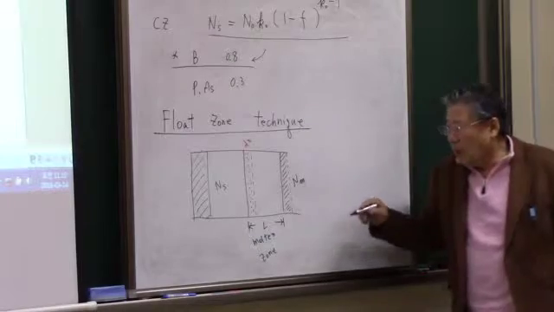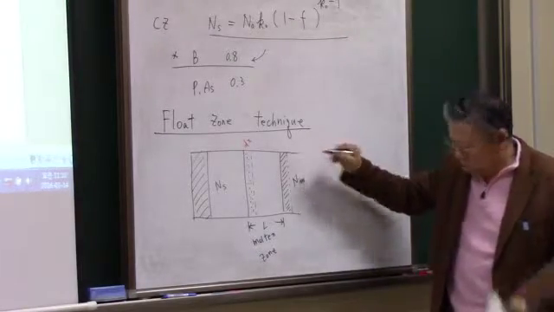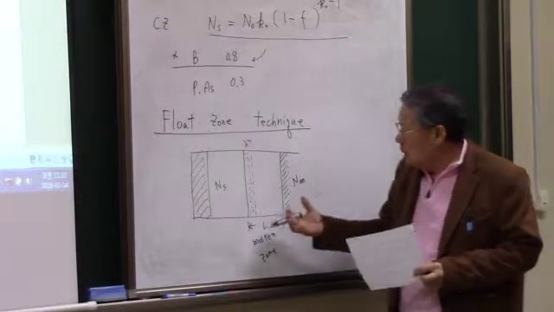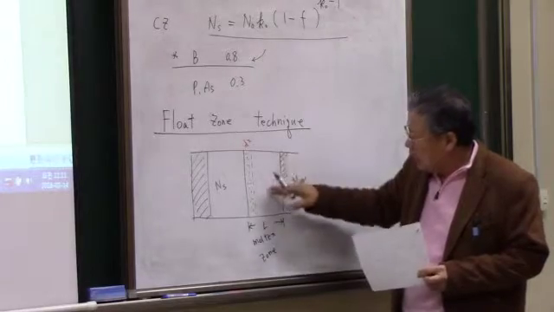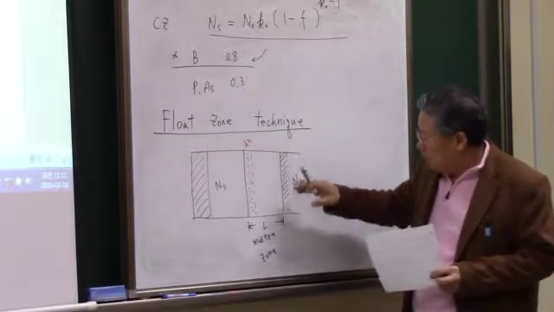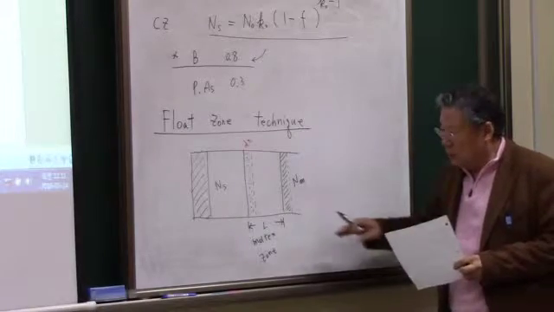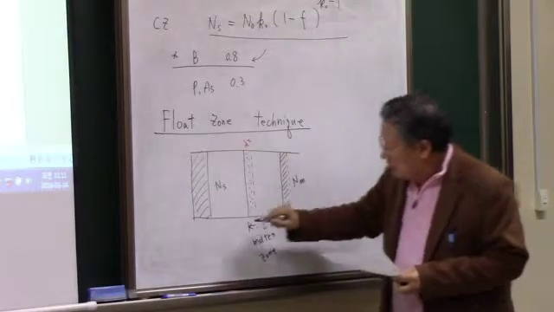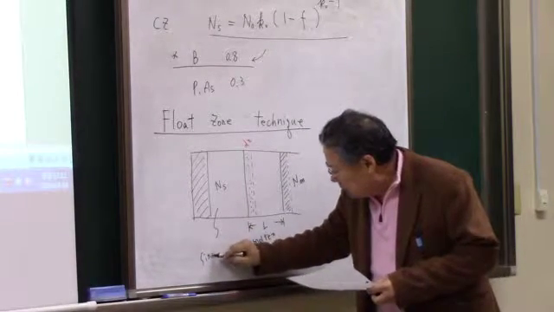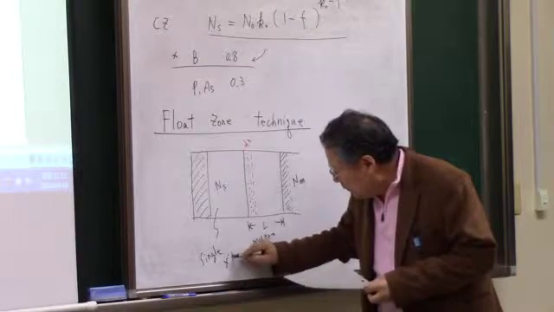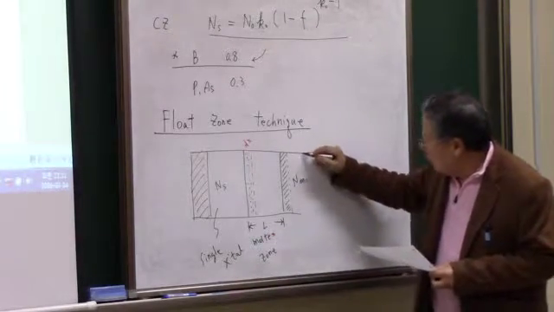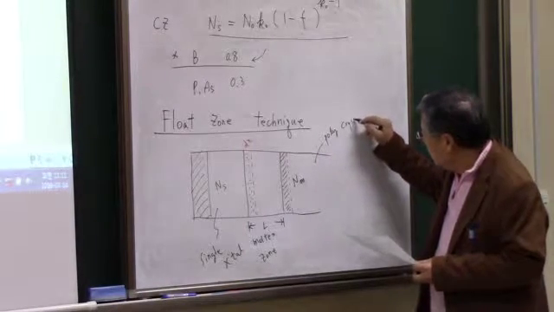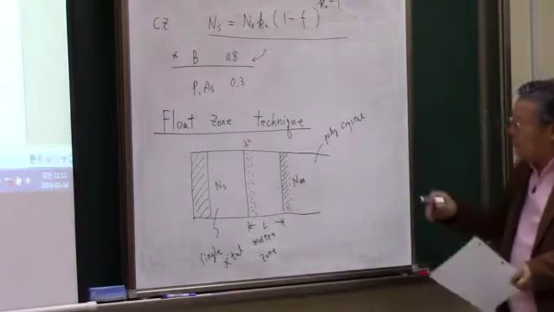So what we try to calculate here is the dopant change in the molten zone with moving the molten zone of length L by dx. So this is a single crystal, and this part is a polycrystal. And by moving dx,